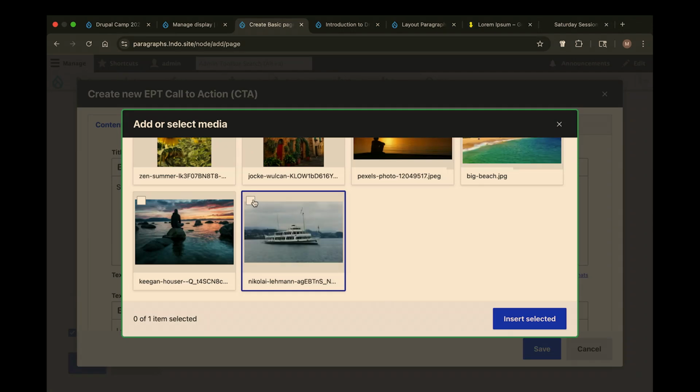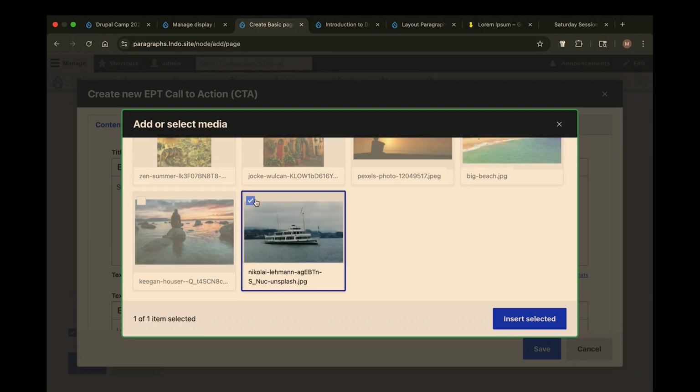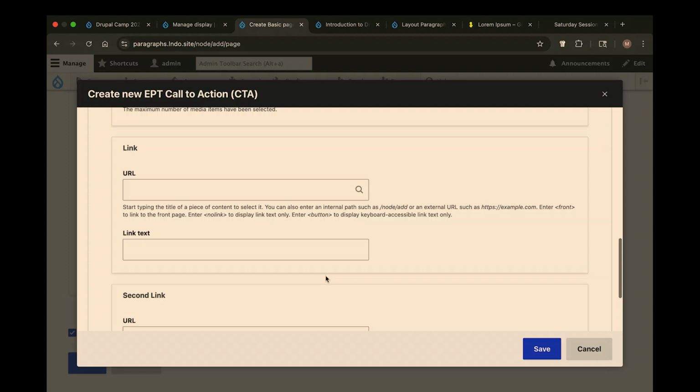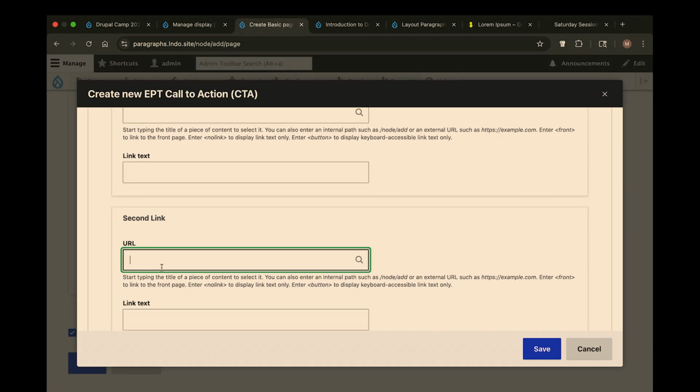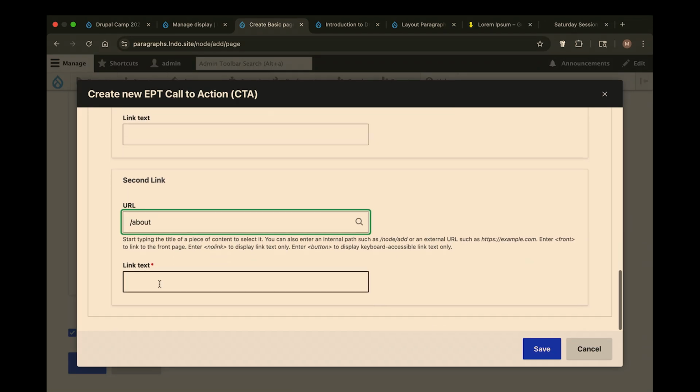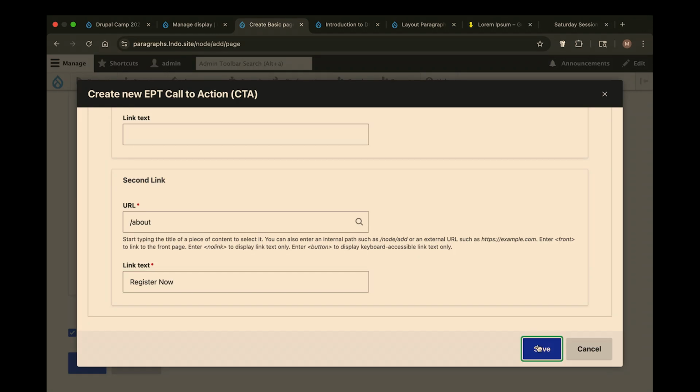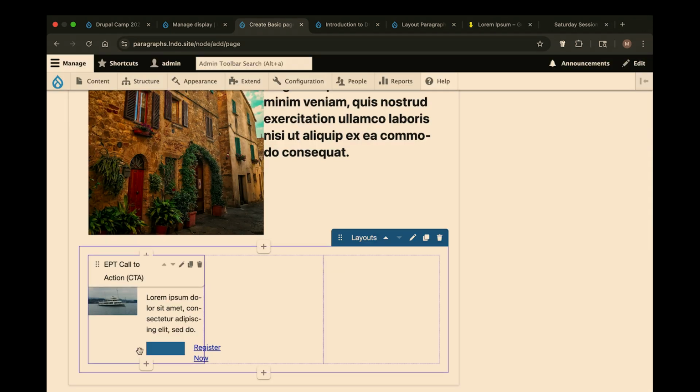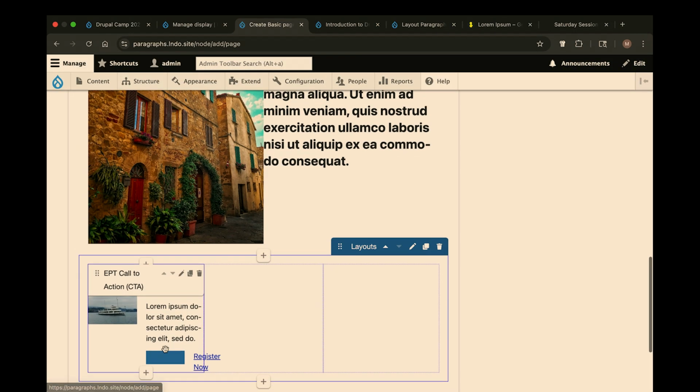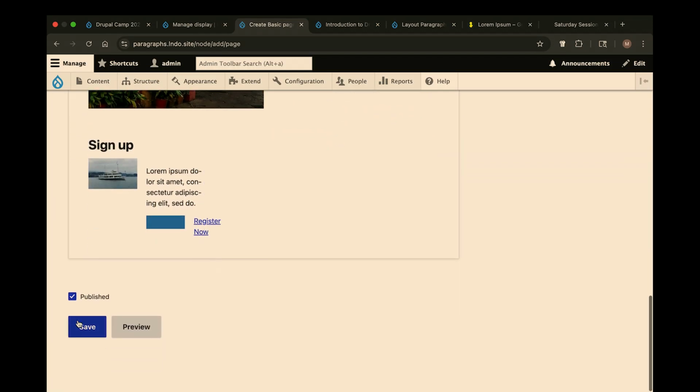I want my beat boat, because this is in Nashville. Yeah, of course I have boats. The URL for about, and then something's broken there, but